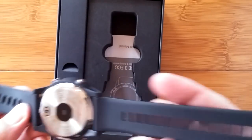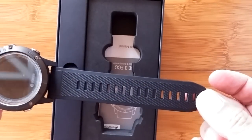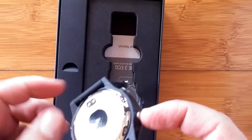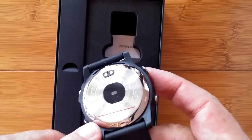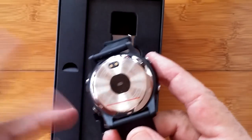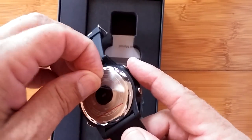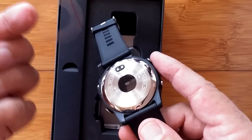I don't think there's any radios in here. Lots of holes close together, should fit easily on any arm and be able to adjust exactly right, which you need when you're going to be doing the ECG stuff. Now look at this. The back comes with this little cover on it. Ironically, I was able to get a full ECG, EKG, they're interchangeable. German is EKG. Electrocardiograph is English. I was able to do that without even taking this thing off, but I wanted to wait and show you